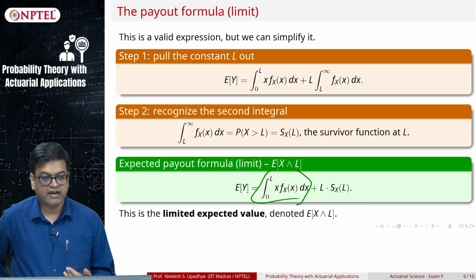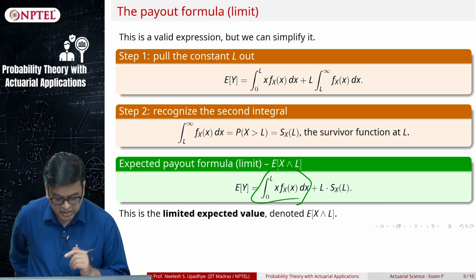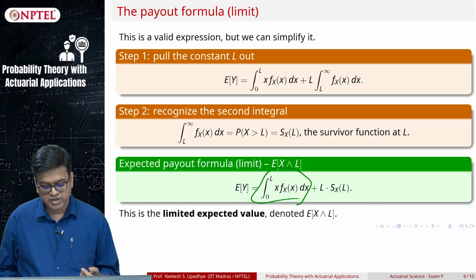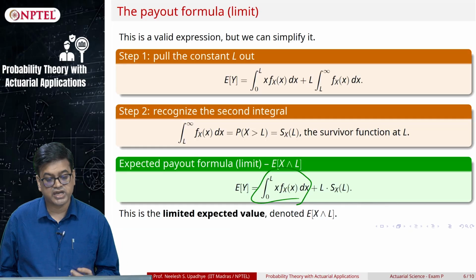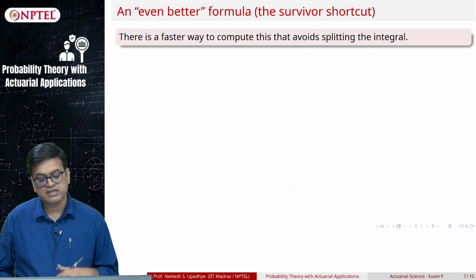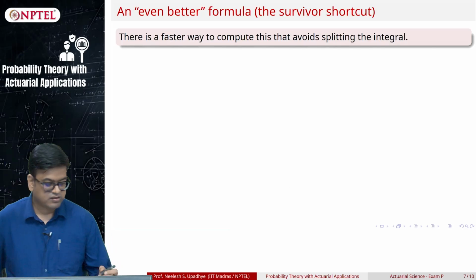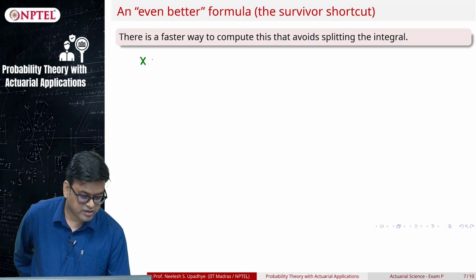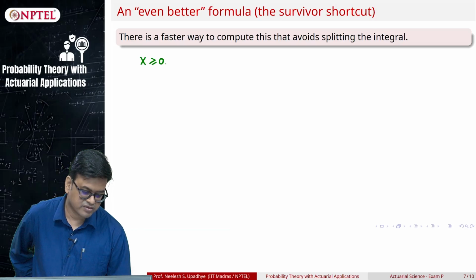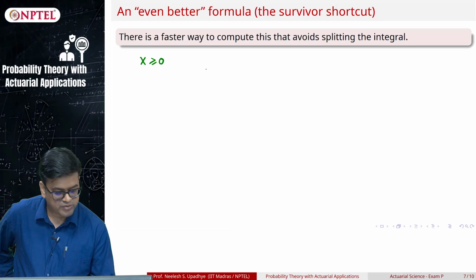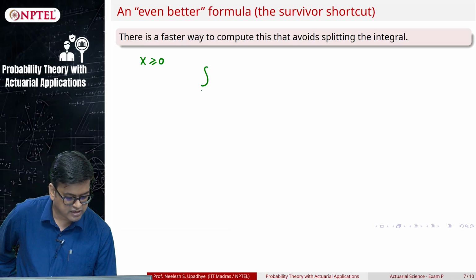So, can I have a shortcut to that? The answer comes from a basic understanding of a non-negative random variable. When I have a non-negative random variable, I can easily compute expectations via the survival function. For example, if x is greater than or equal to 0 and I am looking at this integral from 0 to infinity of x fx dx,